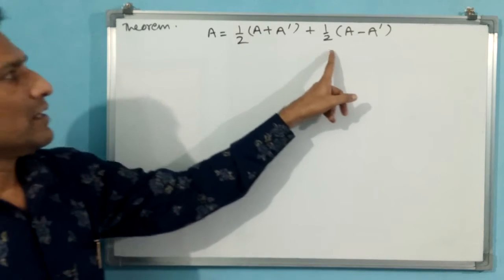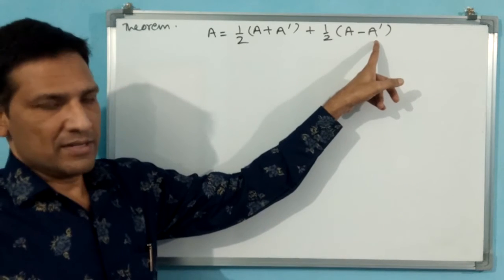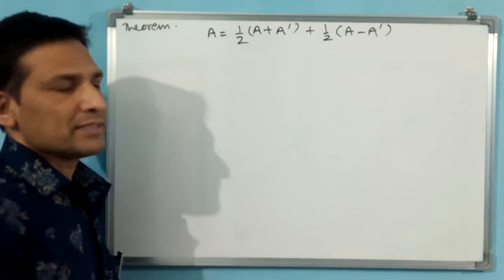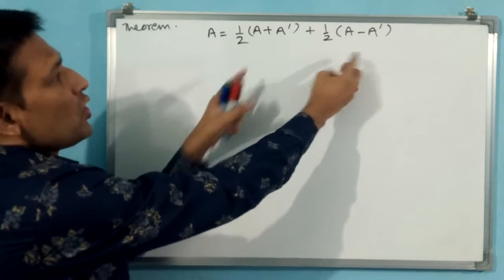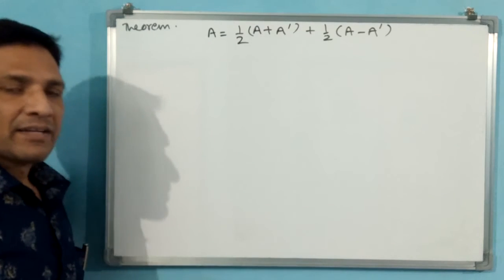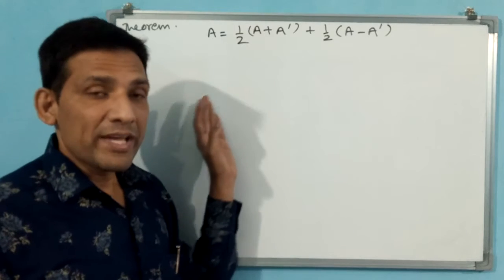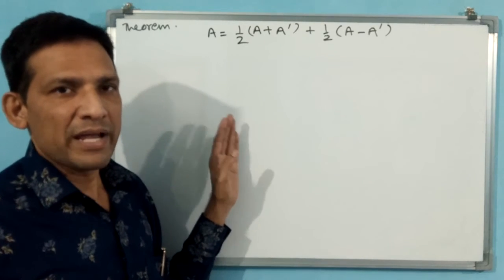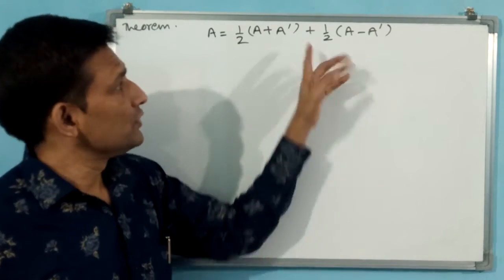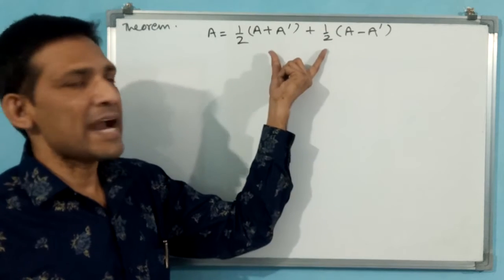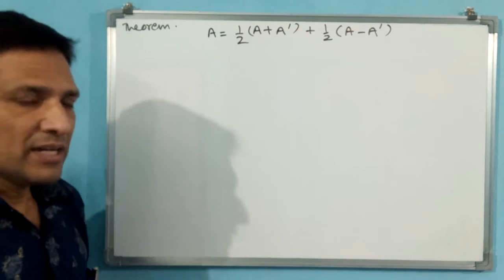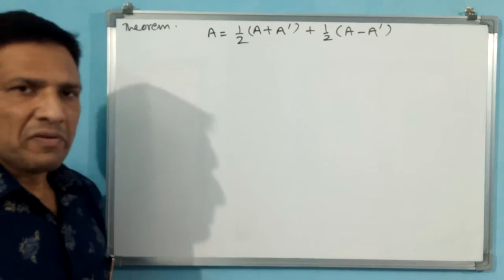Now, the same A minus A dash, or A minus A transpose, gives a skew symmetric matrix. Just now we have seen the skew symmetric matrix. And again I have multiplied with 1 by 2. If I add both, the same matrix A will come. Then what I can write? We can represent a square matrix by the addition of symmetric and skew symmetric matrices. This is the symmetric matrix, this is the skew symmetric matrix, we are adding, and you can represent it like this. This is the concept. One example we will take.